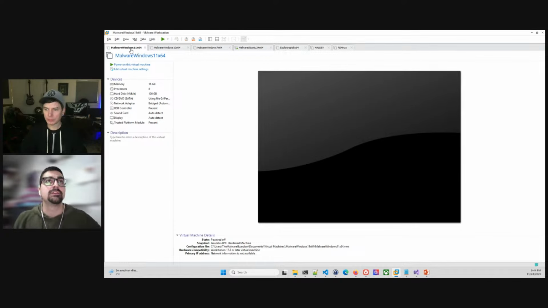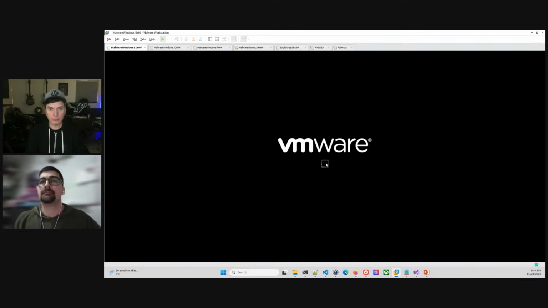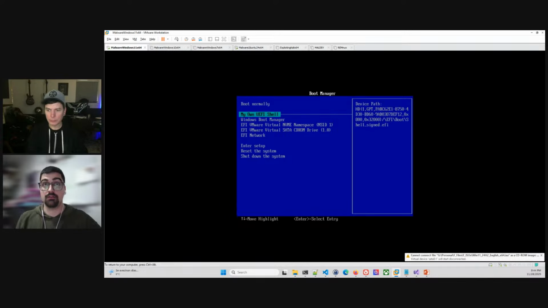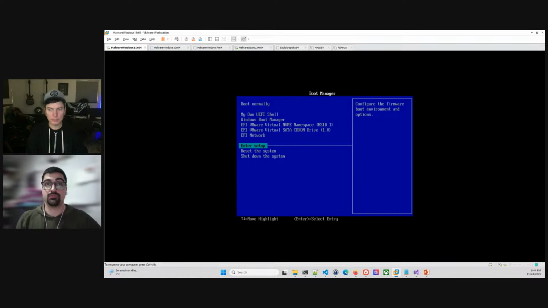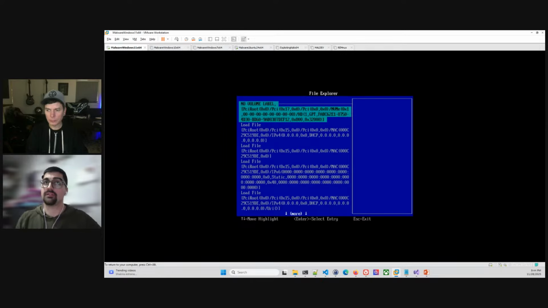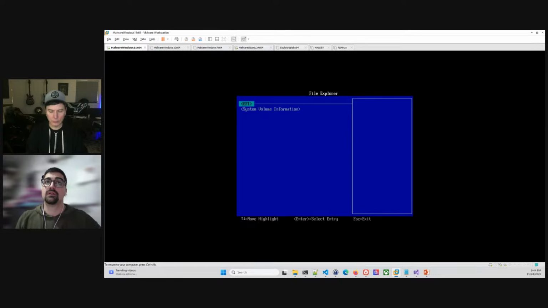Okay, so we just have to come here, right click, power on to firmware, and we're going to click on enter setup, configure boot options. We're going to add a new boot option with EFI boot, and I'm going to set this one because I want the UEFI application to boot,